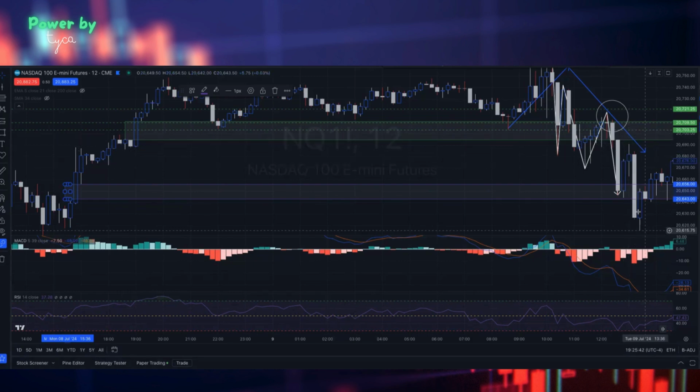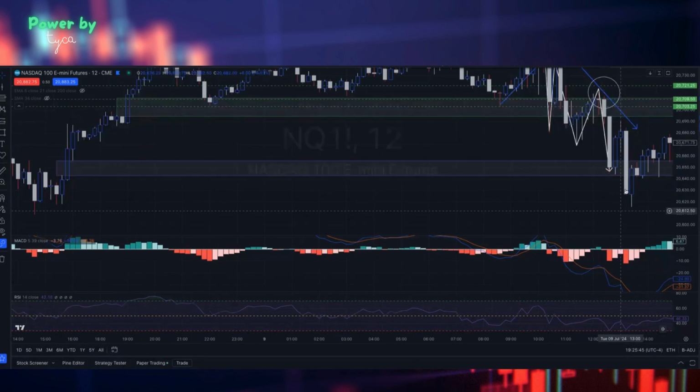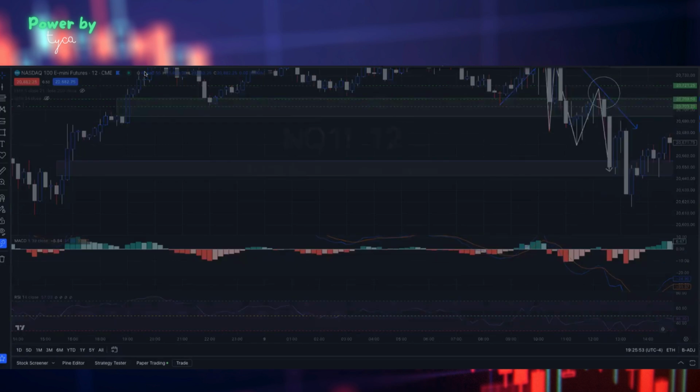Then they peeled them up, not back. Now, think about these gaps on the 12-minute. We're already below the zero level, right? So when you get down to the 3-minute chart real quick,